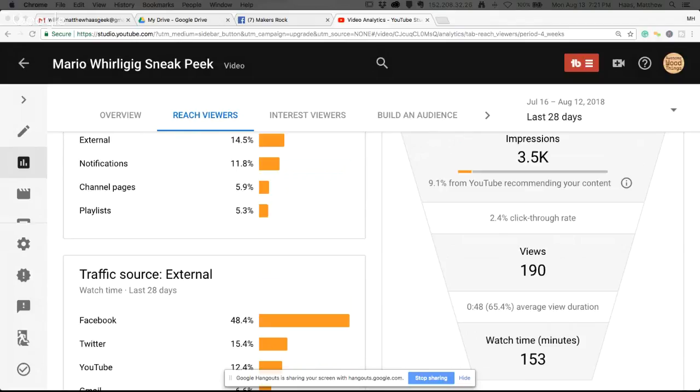What's high as possible? Click-through rate. You want your click-through rate to be 8% would be good. 9, 10, 11, 12. Like 12 is really good. It'll never be 100. Think about it. Every time your stuff was shown on the interface, 100% of people, it's never going to happen. If you can get your click-through rate up to about 10, 11, 12%, and your audience retention above 50 or 60 or 70,